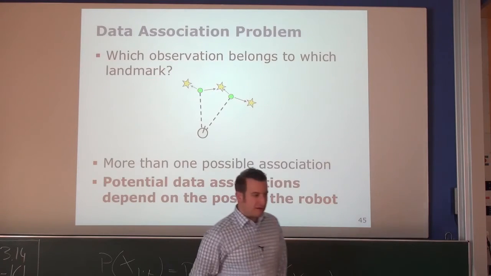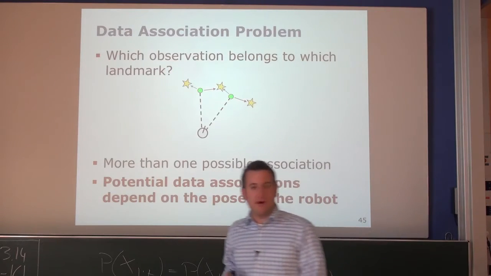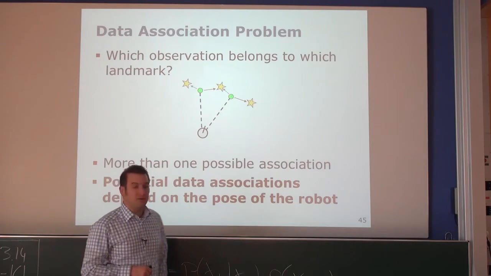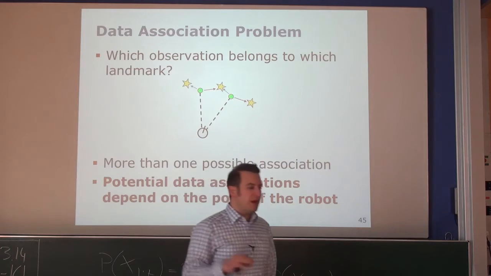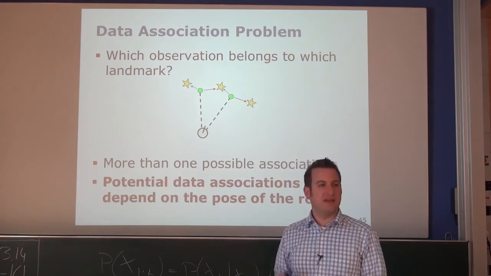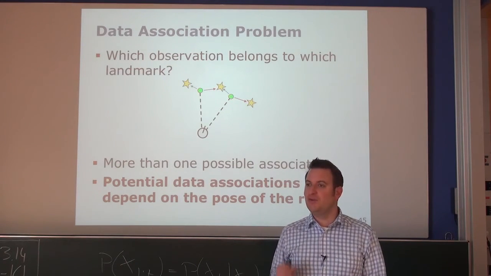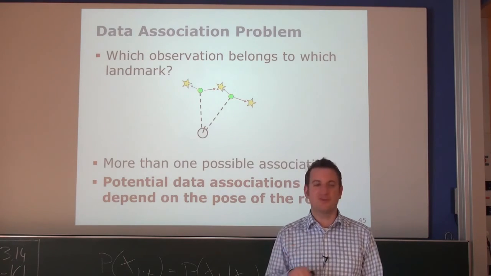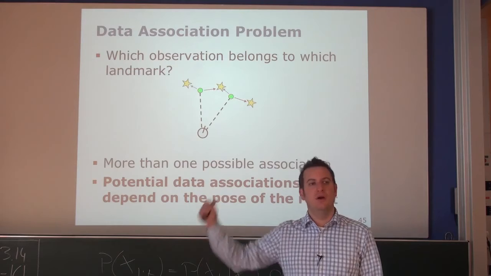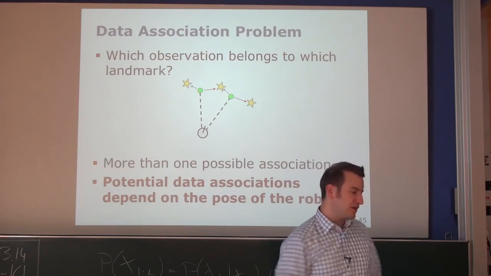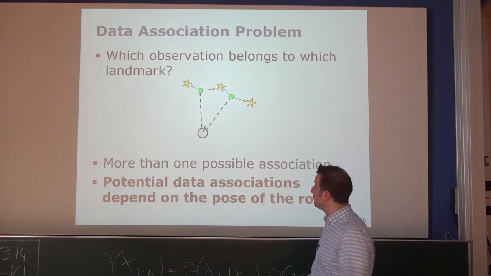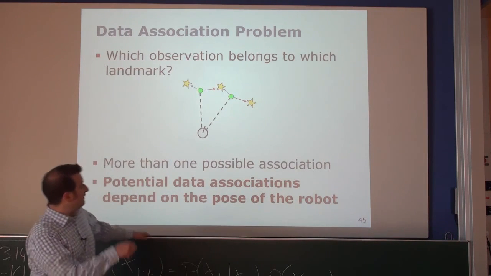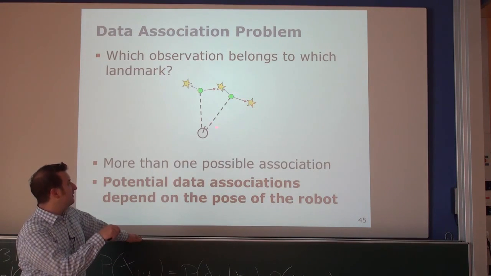Okay, so now let's look into one thing which we ignored so far. For the EKF at least, we assumed we have this data association. So we assumed we know the data association, this correspondence variable C was given. So we knew which observation corresponds to which landmark. How to actually do that in practice? And if you see this example over here, let's say this is where the robot